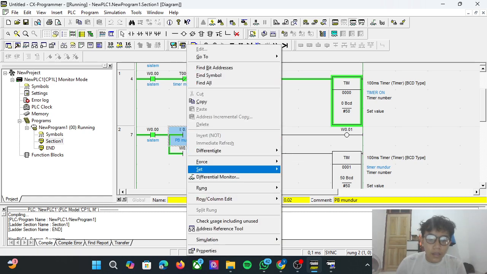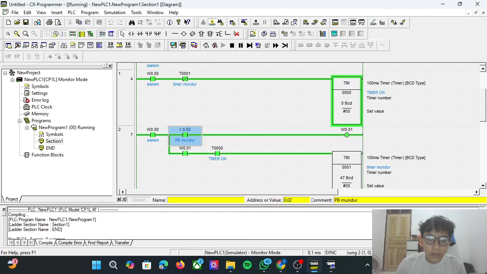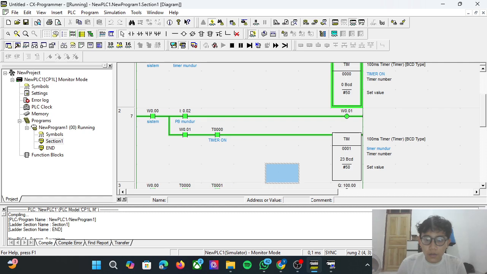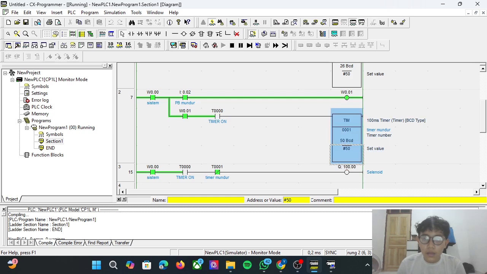If we set this to on, it goes to this PLC instruction. When the timer goes to 0, the valve is retracted to its start position. And then in this section below, it's an automatic process from timer countdown to extend the valve.